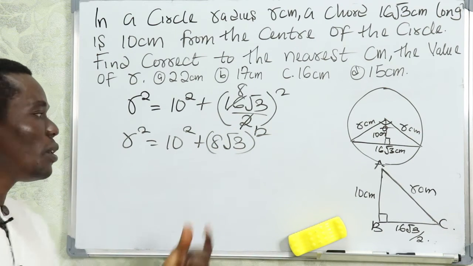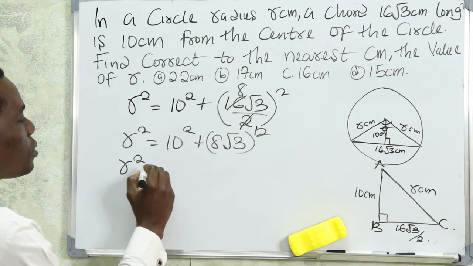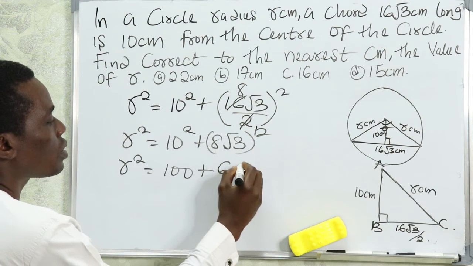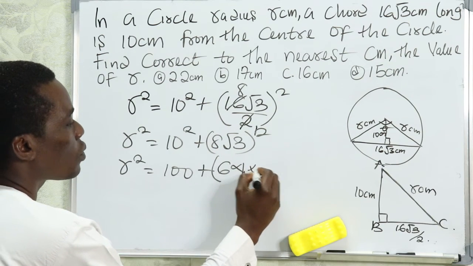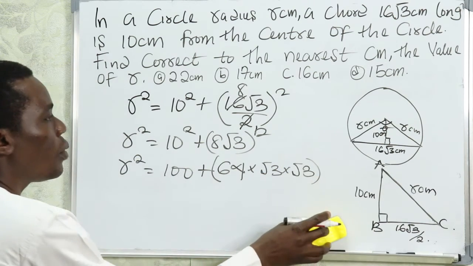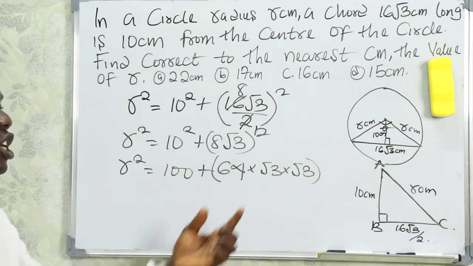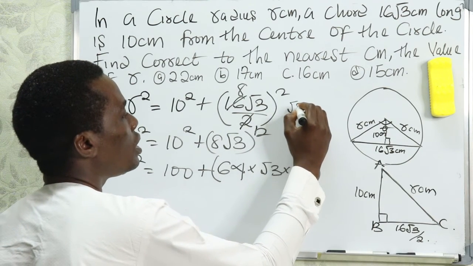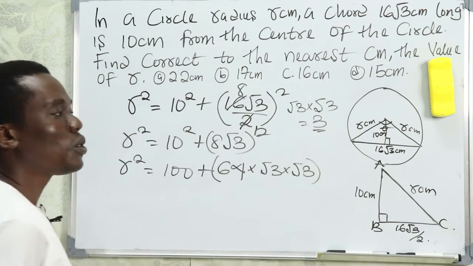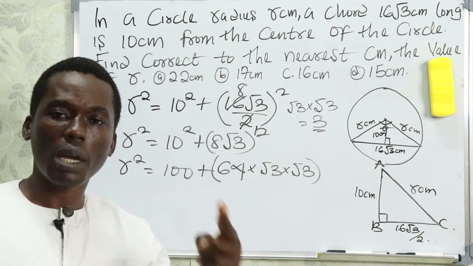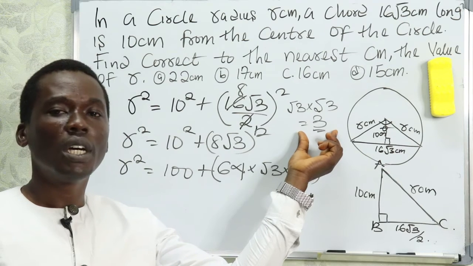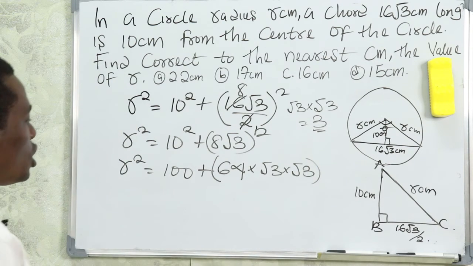Following? Now let's simplify this. We'll have r squared equal to 100 plus, this square will give us 64, times root 3 times root 3. Now remember, in mathematics, if you are given root 3 times root 3, that will give you 3, because the multiplication of a root times the same root gives you that same value. So this will now give us